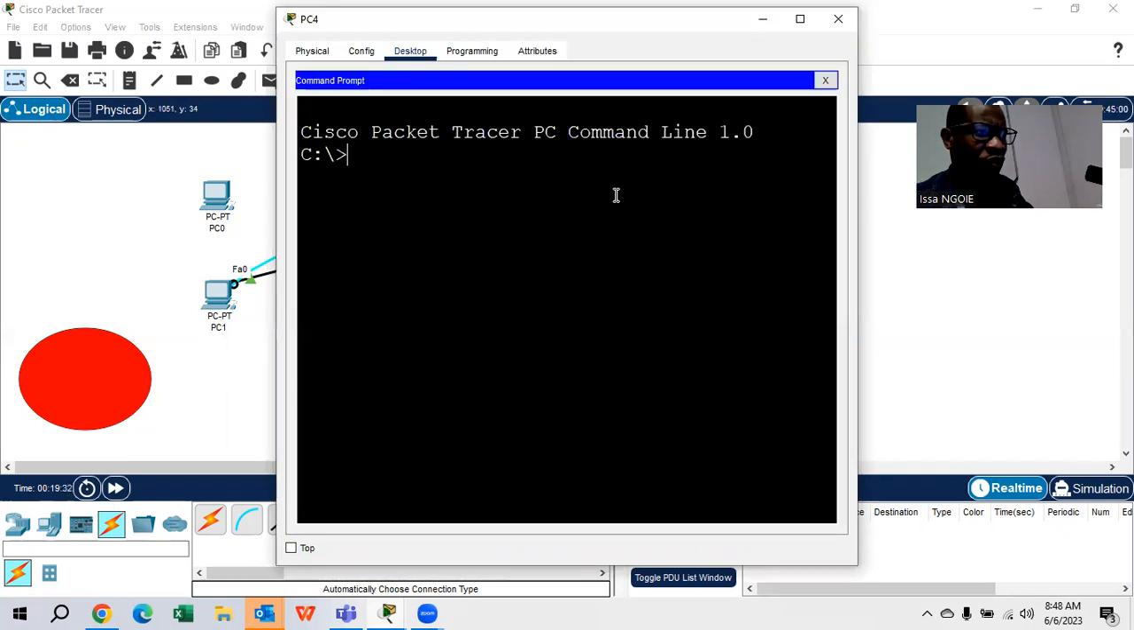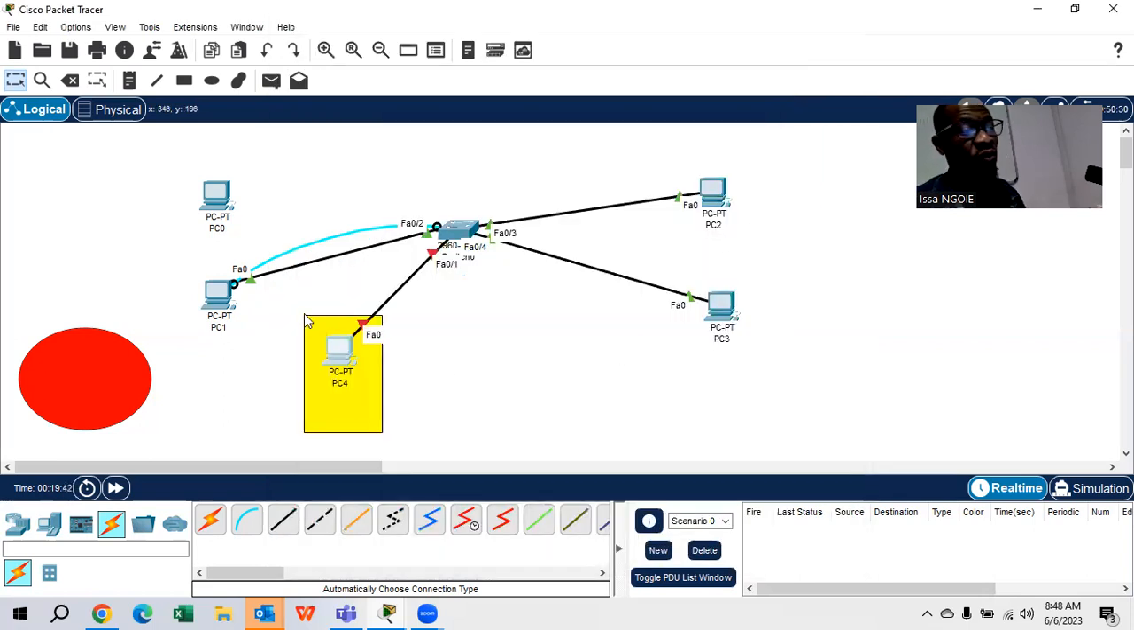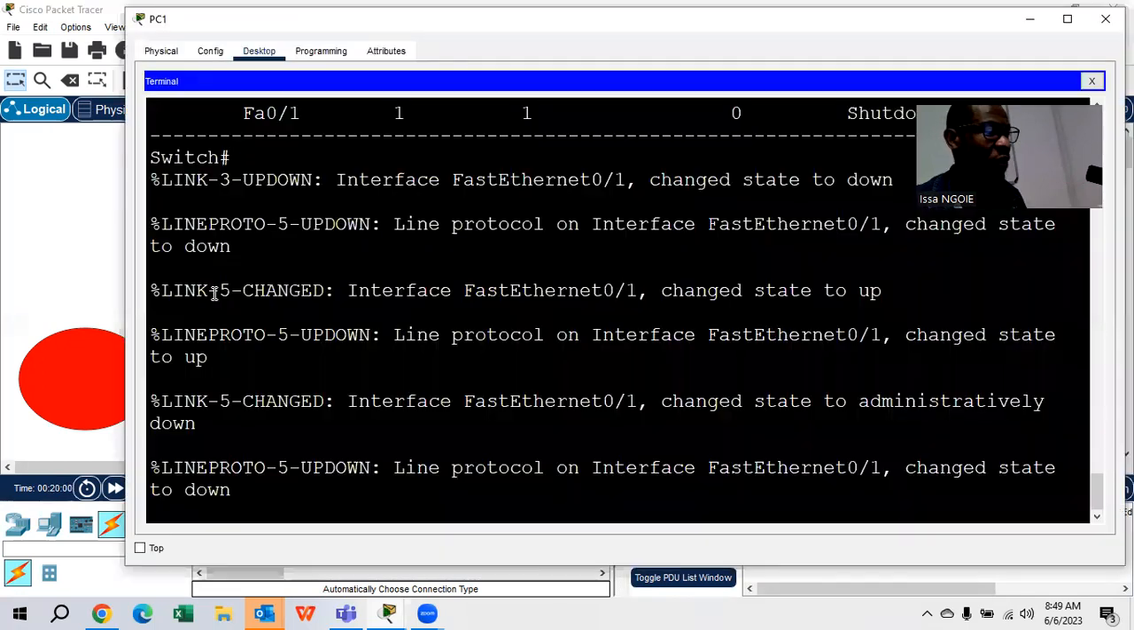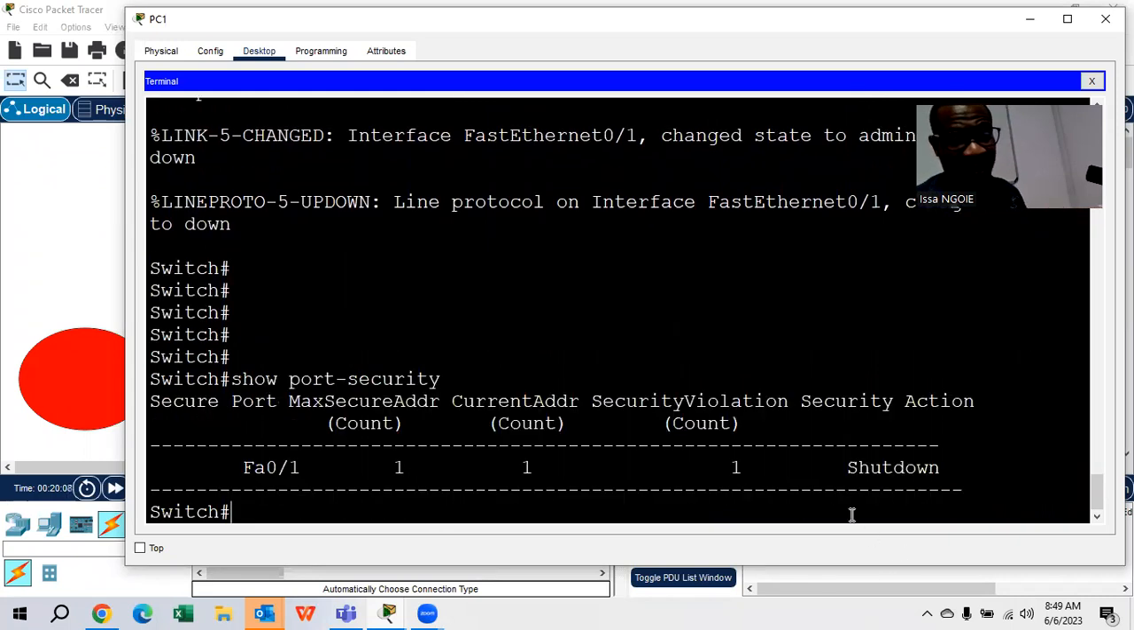We can ping which one? The 168.1.3. I don't know if .3 is there. Yeah, you could see already it's red. Red, why? Because the port is down, right? According to our violation, because this computer is violating the rule. We only allowed that particular port to accommodate one MAC address. When you go again to your terminal, when you say it again, show port security, you're gonna see that there is one violation here,